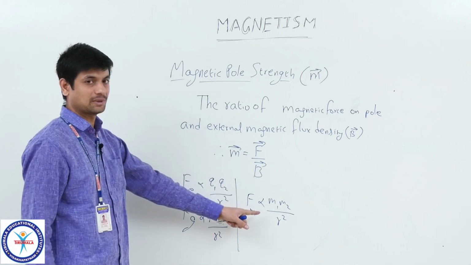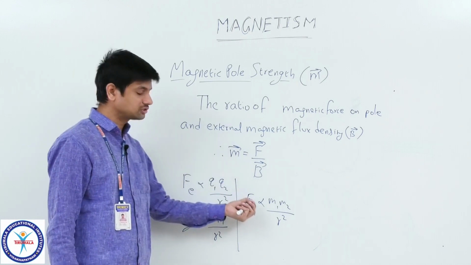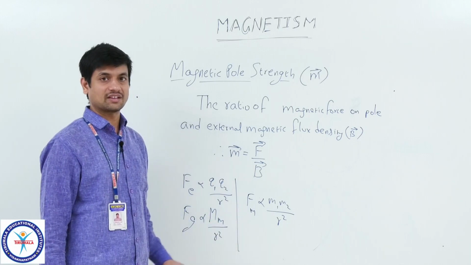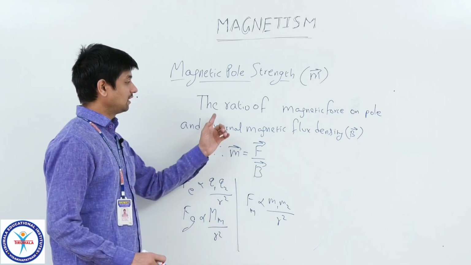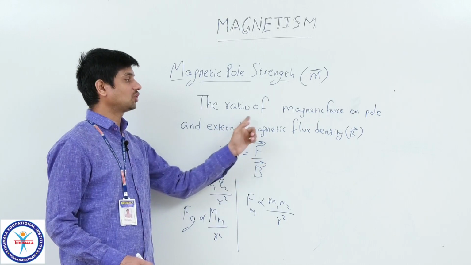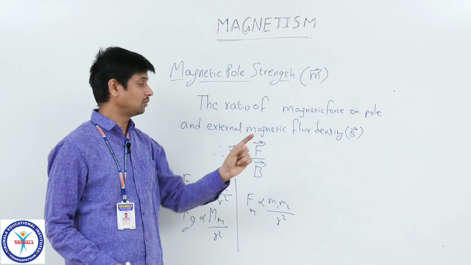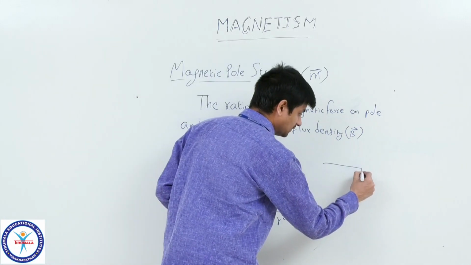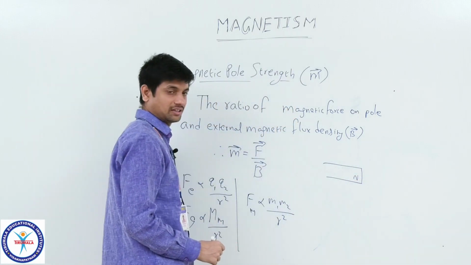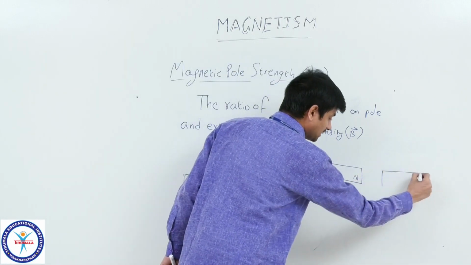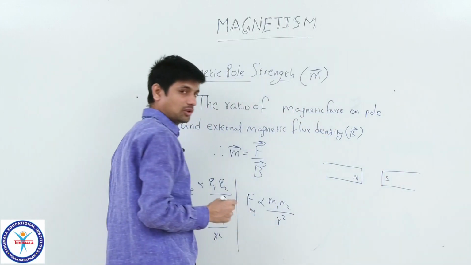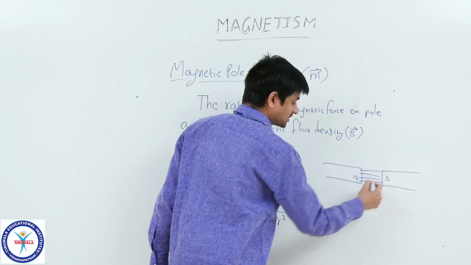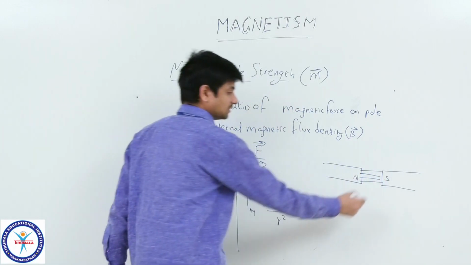Here I am explaining what is pole strength. Pole strength is one required understanding to develop this force concept in the magnetic field. But mathematically it is nothing but the ratio of magnetic force on one pole by the external magnetic flux density. That means look at this. If this is the north pole of one magnet, one pole is there nearby that has the opposite polarity, south, and due to this pole how much magnetic flux density will act on this next pole.